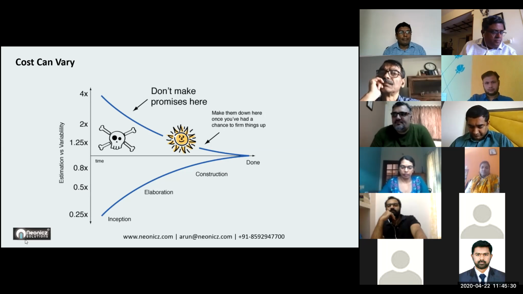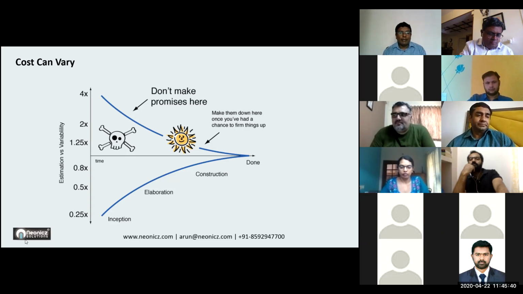What you have as a dream, they are trying to replicate a copy of that dream from their own experience, and they are trying to give a rough estimation, and they themselves don't know what is going to happen in the challenge. So in the early stage of what you were thinking of, the estimation time can change by 4 times to or fro.